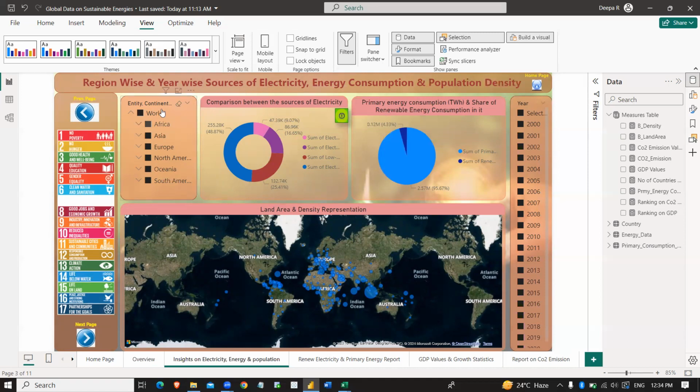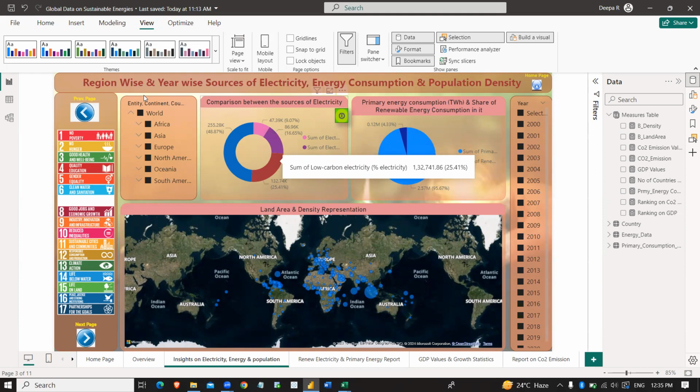So if we take up now, the entire world is taken. When we take up the entire world, we can see which is the main source of electricity. This maximum percentage, 48%, of electricity is generated using fossil fuels. The percentage of generation of electricity using fossil fuels is 48.87%. Comparing to this, nuclear energy is only 9.07%, whereas electricity from renewables is 16.65%, and electricity from low carbon is